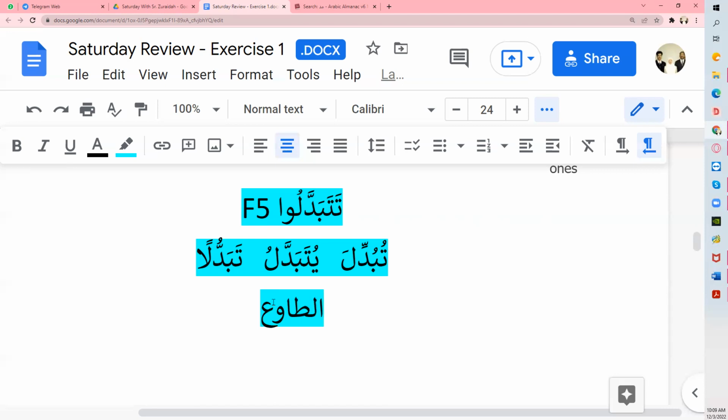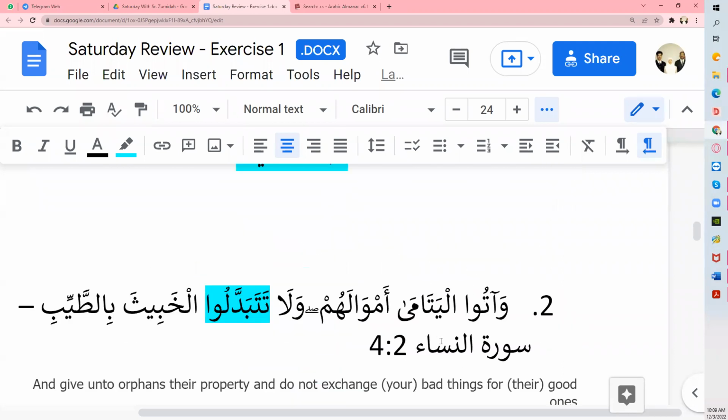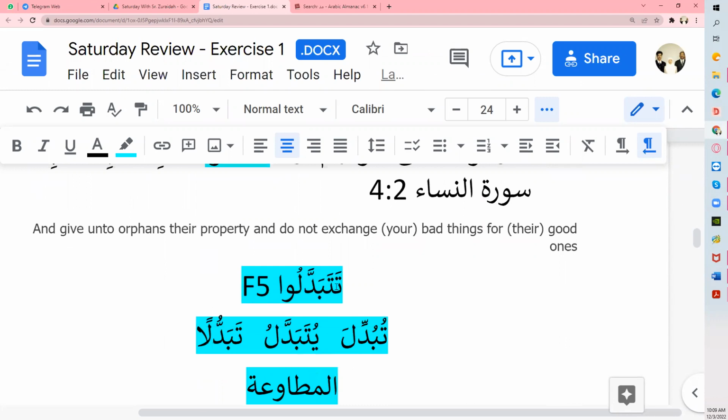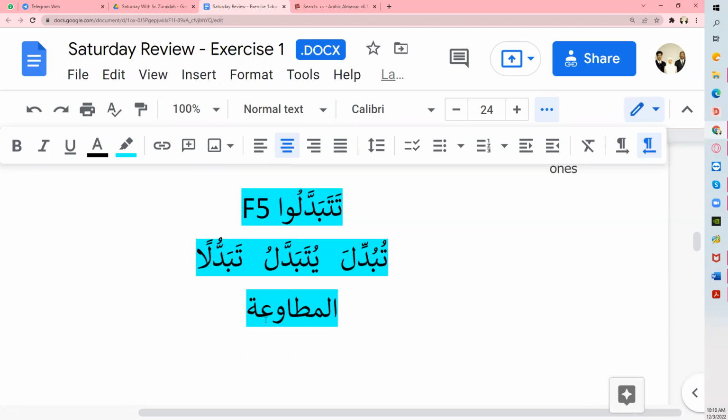The other side says no need, the other side says effort. All right. So whatever doesn't fall on the other categories, we just take the default reason, which is mutawa'ah. When we cannot find anything that shows the other ones, then we just say this. Unless you want to say ittihaza. Ittihaza means you take something, like the meaning of taking away is there, right? That is also a possibility here. We can also say this.